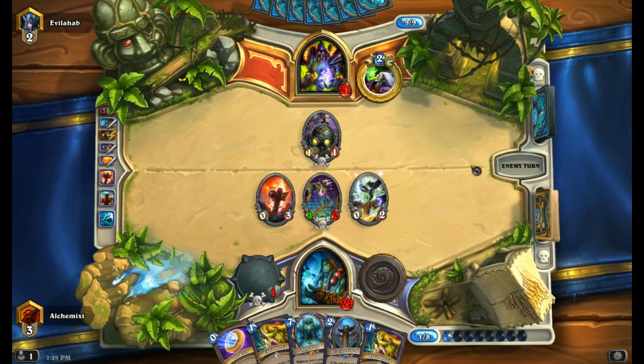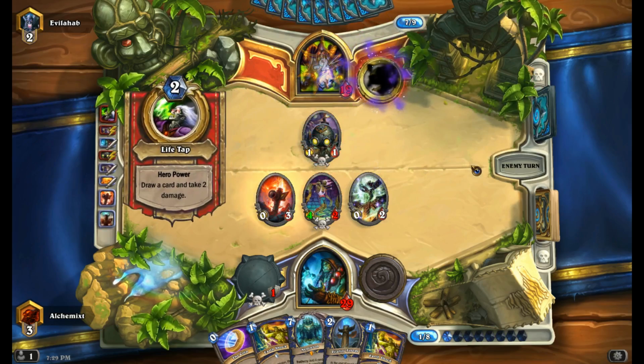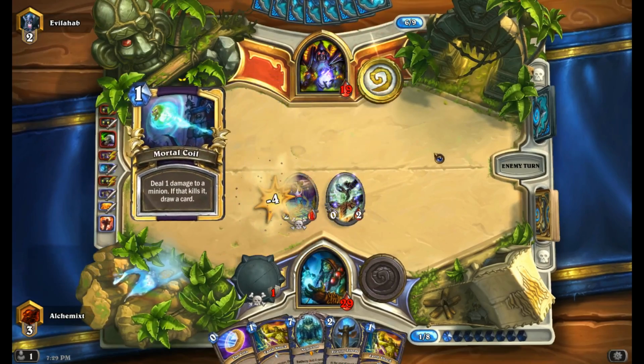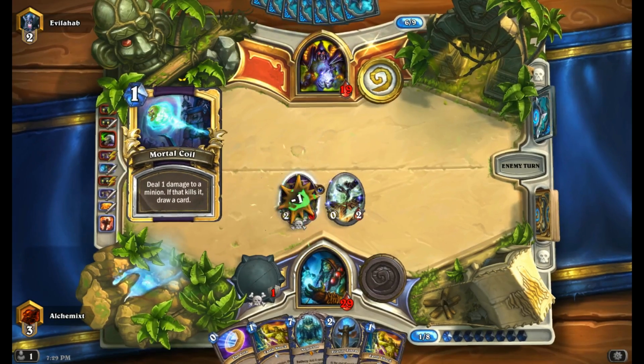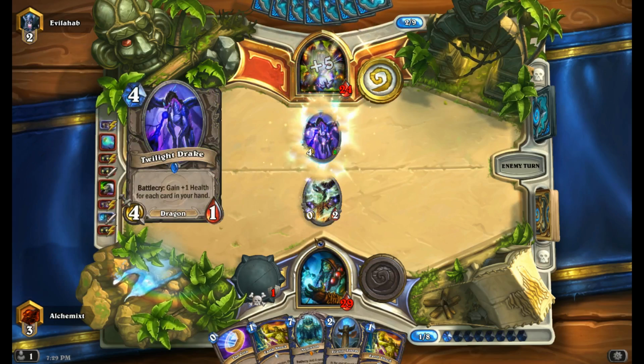Now, he still has a Boom Bot. I think it's a pretty good clear, though. The problem is I'm starting to run out of gas, so this Neptulon is going to have to really carry us this game, if you will, because he's drawing cards every turn. That was a fantastic Boom Bot for him, and yeah, the game is starting to slip away, but on the